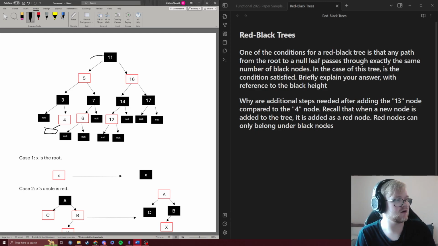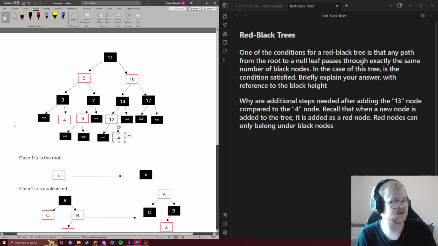You can see 1, 2, skipping the 4, 3. The black height is still the same. All the properties of the red-black tree remain. However, if we try and add 13, which will once again replace this null node,